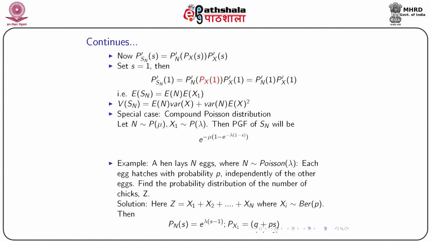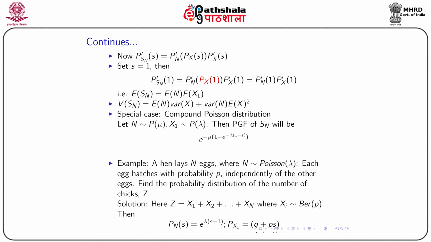Now so far we have learned that if X1, X2, ..., Xn are independent, then the PGF of the sum of these random variables will be the product of their individual PGFs. So here we have n such independent random variables, so we have n such probability generating functions, and we know they follow a common probability generating function P_X(s). So it will be P_X(s) to the power n times the probability that N equals n, summed over n from 0 to infinity. If we look at the form, it is something like s to the power n times the probability that N equals n. So once again this is a PGF, and this is for capital N.